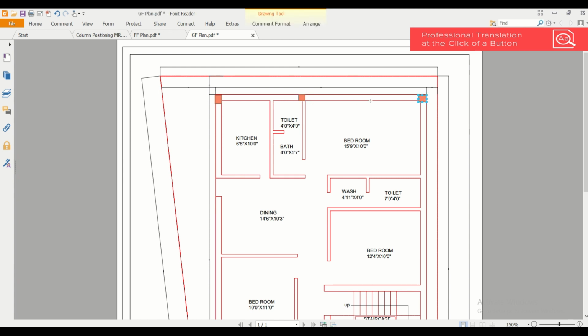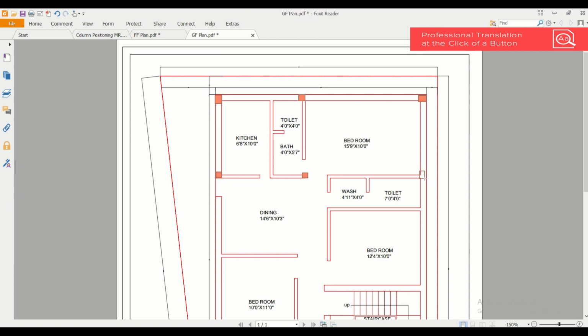And while providing the columns, we also have to take into account the position of the beams. Like we have 3 columns here, so the beams will go like this in a straight line. And if we provide another column here, the beam will go like this, because we have a wall here and below the wall there must be a beam, so the beam will go like this. So we'll also take into account the position of the beams while assigning the position of the columns.